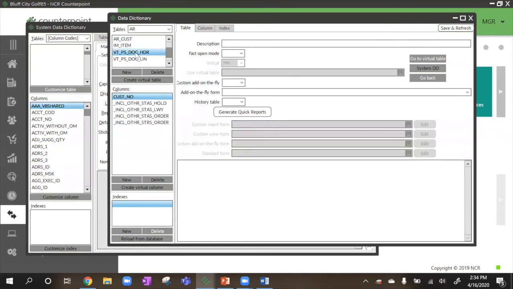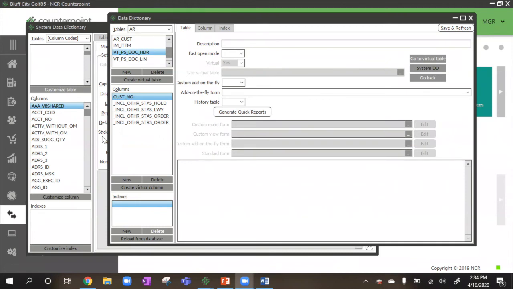All right, so those are some of the basics in data dictionary. Then there are some more complex ones, thinking of where in the database. So Counterpoint has a series of tables where when you hit save on a record, it will write that information to the database. Counterpoint also has some fields that are called